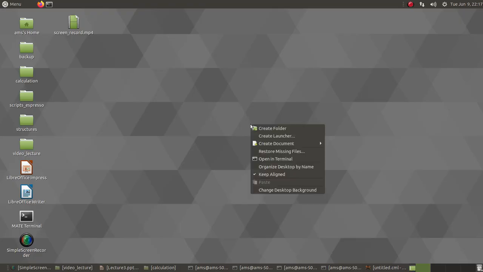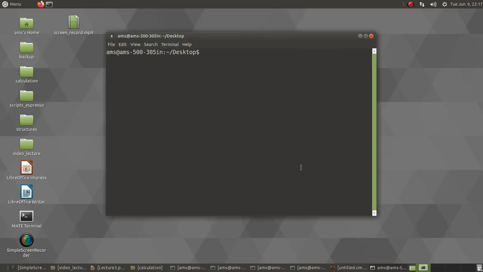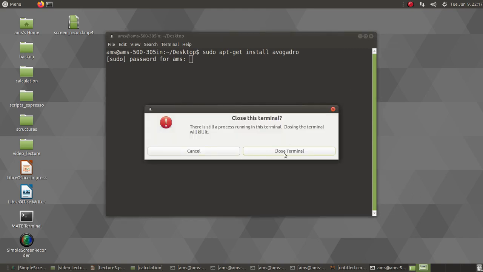I already have it installed, but I will just retype the command. It will automatically download the file and the necessary libraries associated with it, and you will get the package. So I am not going to do that over again, because I already have the program installed,